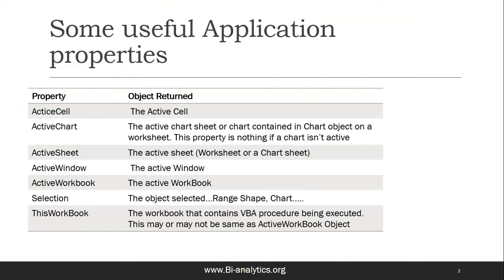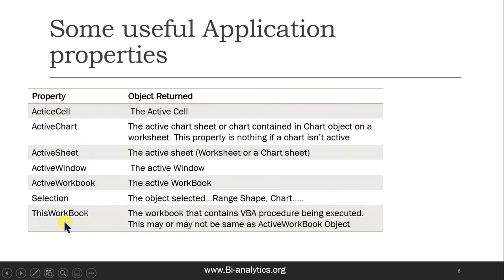Let's move ahead. So coming back to this topic, ActiveCell means the cell which is active. So if you write ActiveCell dot Value equals 35, whichever cell is active, it will write 35 into it, right? So ActiveCell refers to the active cell, very simple. Same way we have ActiveChart, ActiveSheet, ActiveWorkbook. Now say there are 5 sheets in the Excel. So if you say ActiveSheet dot Range A1 dot Value equals 25, it will go into the active sheet's Range A1. Fine. ActiveWindow and ActiveWorkbook are the same, Selection is the same.